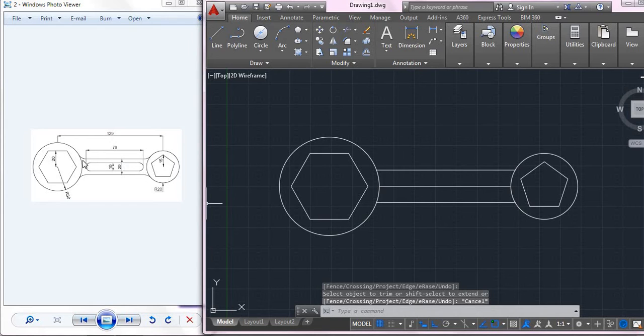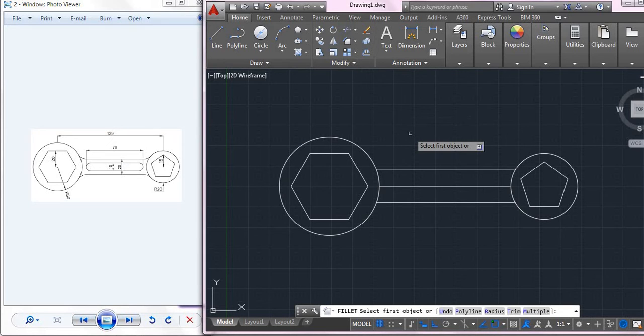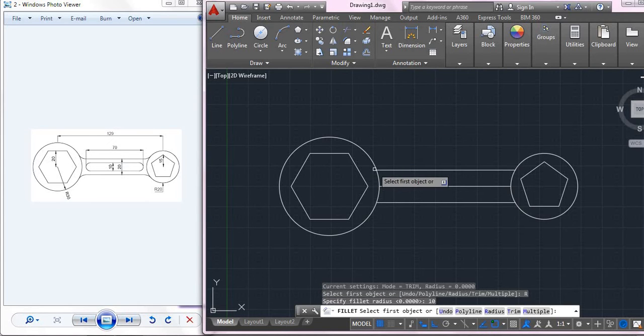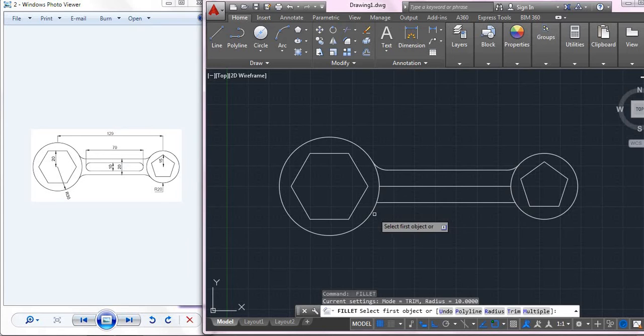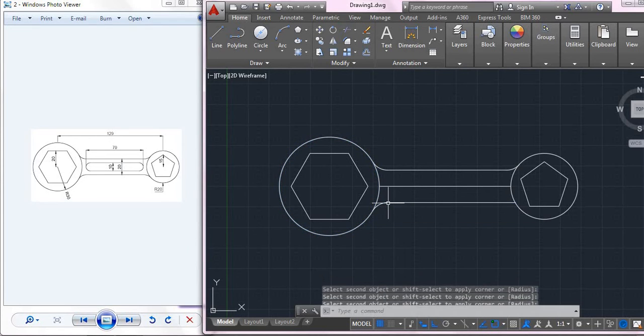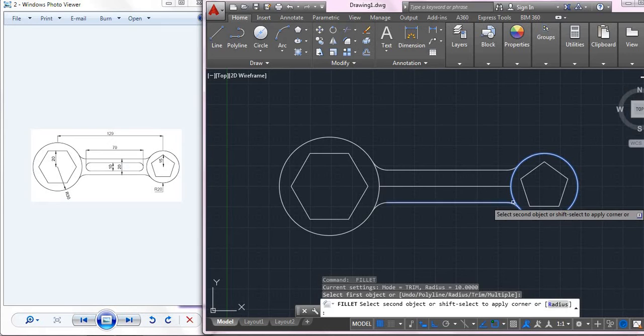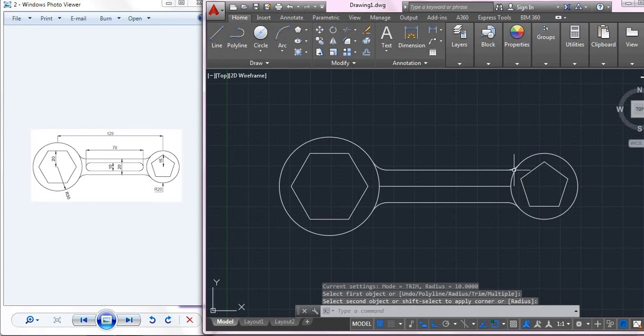And also there is a fillet radius given, but the radius is not mentioned. So let us assume the radius as 10 and we will do our drawing. Go for fillet radius as 10. We will be filleting this line and then this line. Again this edge and other two edges. So this is how we get the filleted edge,